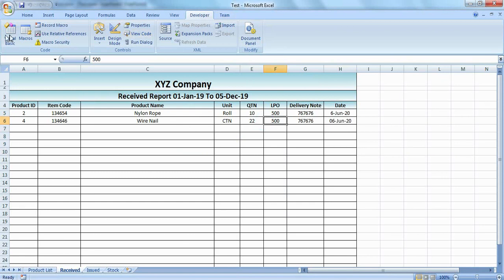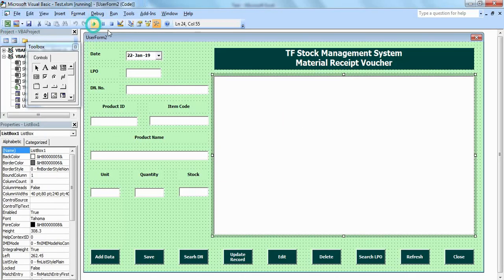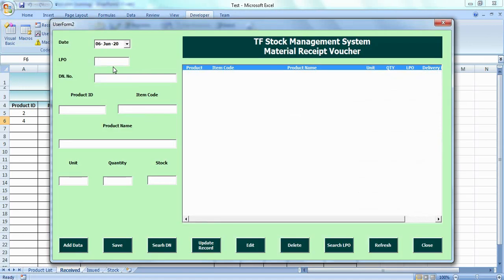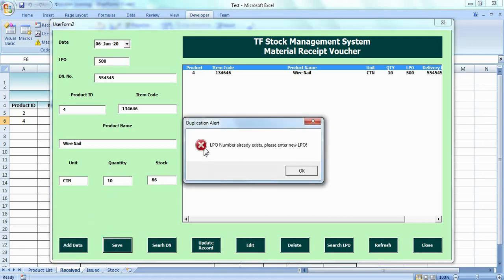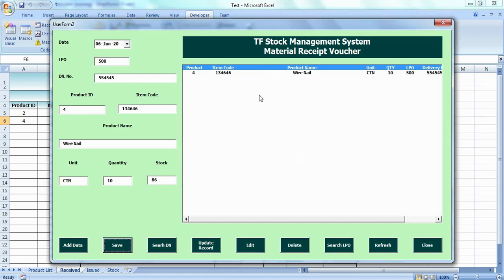Now I will check one more thing: when duplicate values are there, it should give us a message. You can see here, because we already recorded this LPO number 500, it gives you the message that you cannot record this LPO again.